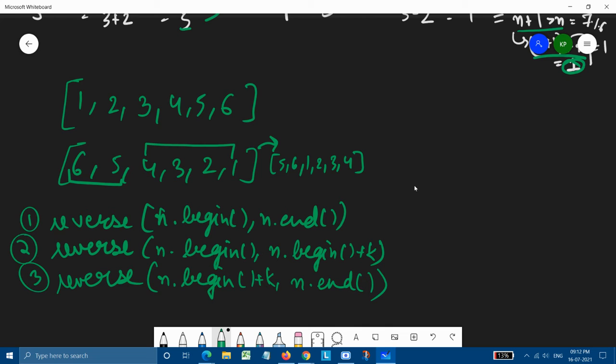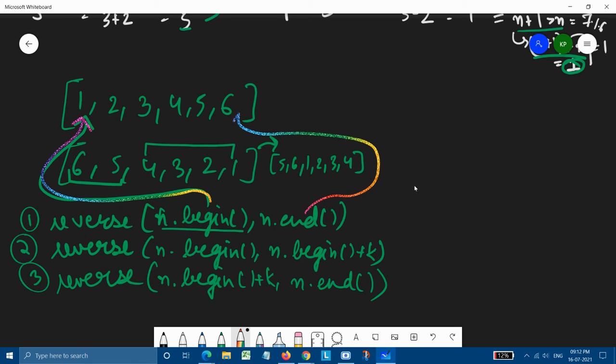In a reverse function, these iterators work like this: n dot begin will start from the first index, and n dot end will be pointing towards the last element.